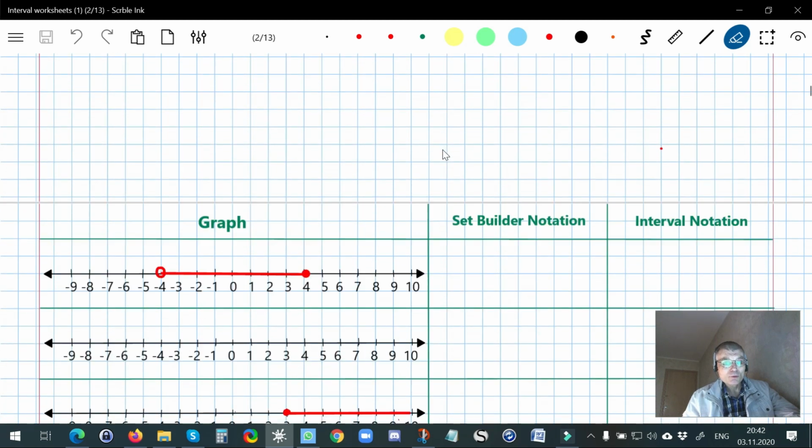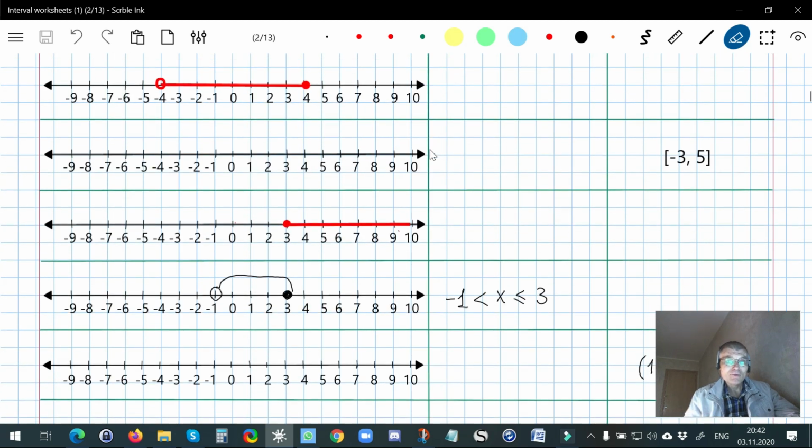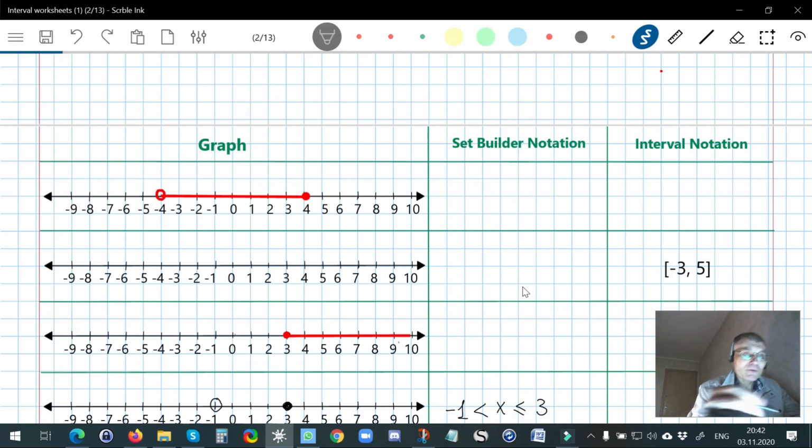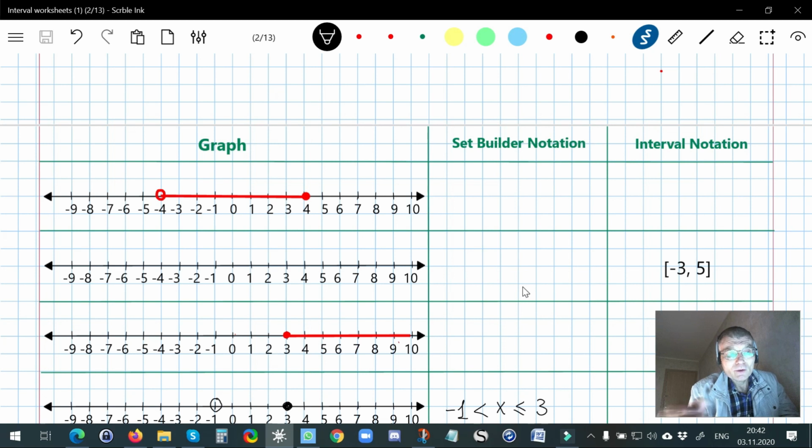Let us do what is needed to be done together. Alright, so in every problem you will be given one of the possible representations, and you will be asked to write the other two. Let's have a look here. We have